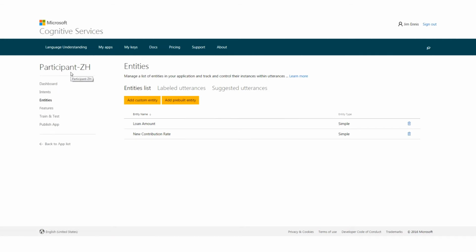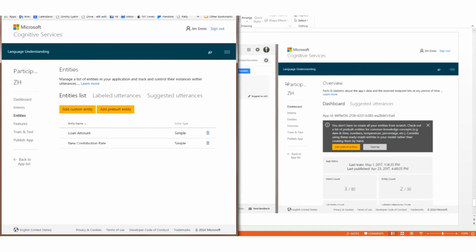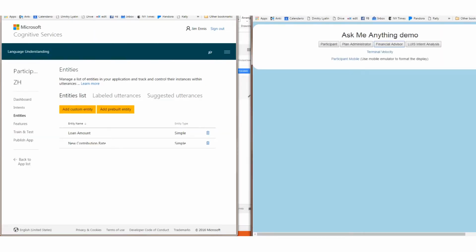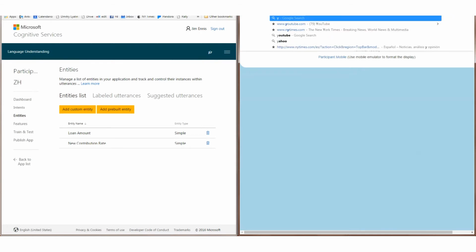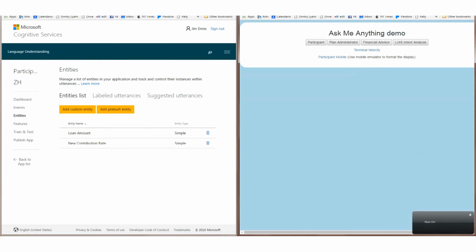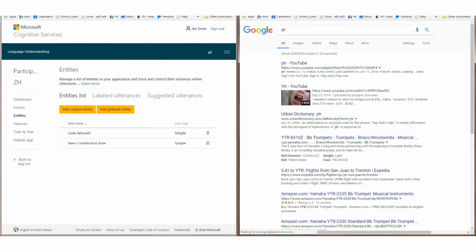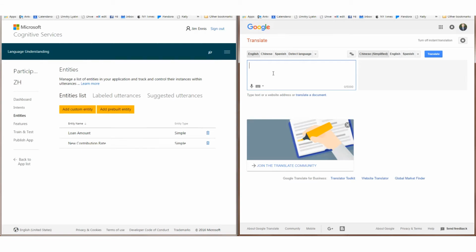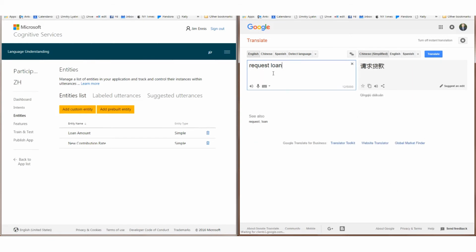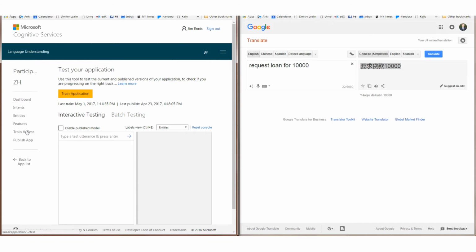So basically I'll just do a technology demo. This is a pretty good demo because it demonstrates how you can take some text from Google Translate even and say request loan for 10,000, whatever, 10,000, and take the Chinese and go over and test your application. Type in the utterance, request loan for 10,000,